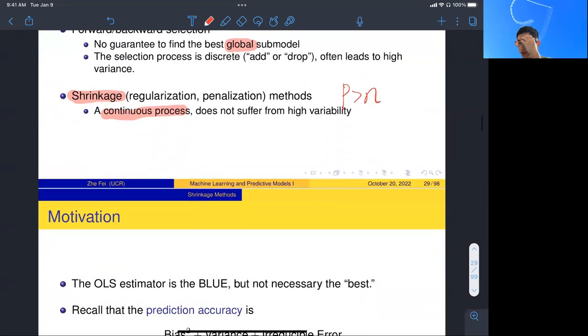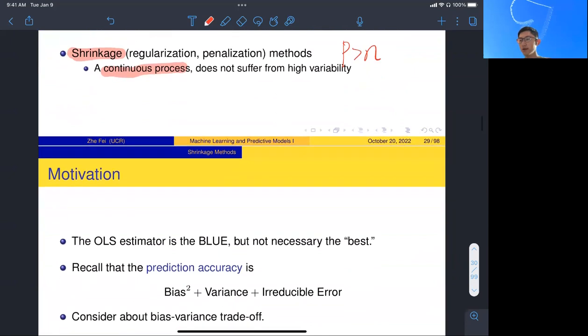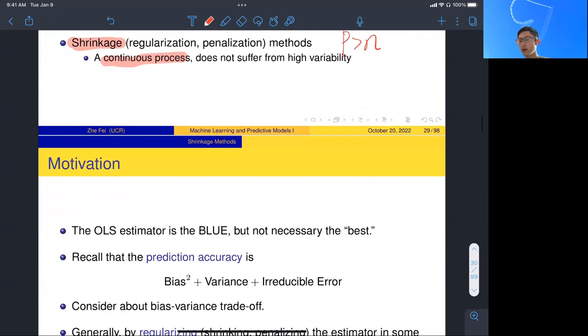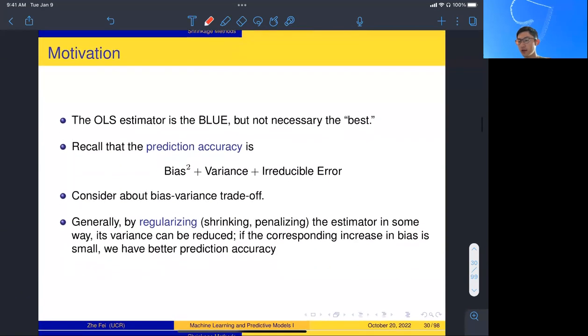And so to introduce this idea, we start with the error decomposition, in other words, this prediction accuracy, in other words, it's just the testing error,